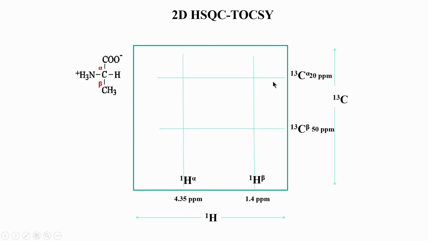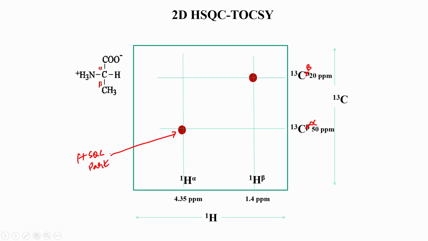Now, typically C alpha comes around C beta. So, this is a slight error here, let me correct this. This should be C alpha and this should be C beta. Okay. So, this is what we should keep in mind. So, now typically what you would expect is that C beta will correlate with H beta. That will come around 20 ppm, and H alpha will correlate with C alpha. So, this is the HSQC part. I can write it here. This is basically the HSQC part.